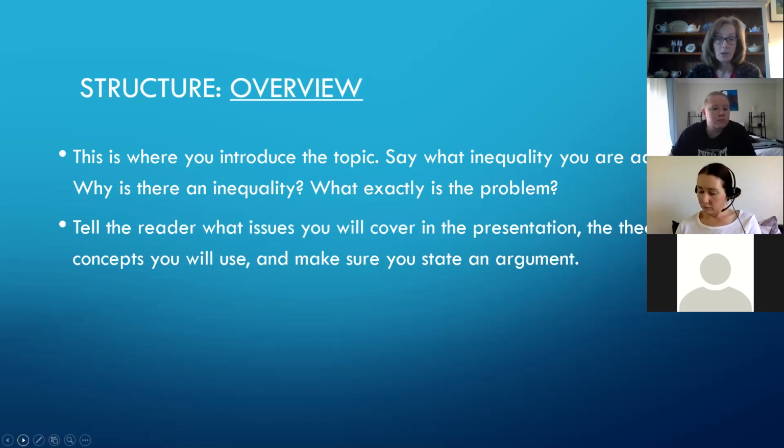And then you've also got to tell the reader what you will cover in the presentation. So it's like an introduction. An introduction always says, this is what is coming. So if you're using a particular type of theory, you'll also tell the reader then that you will be covering this theory. You might say what your argument is. So instead of just saying, this is what my topic is and this is what the inequalities are, you're also saying you will argue perhaps that,